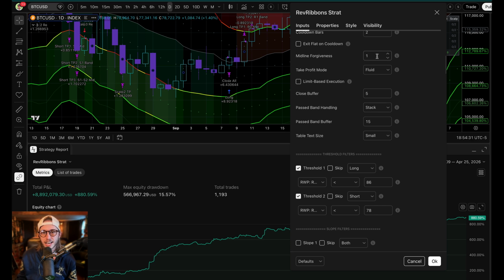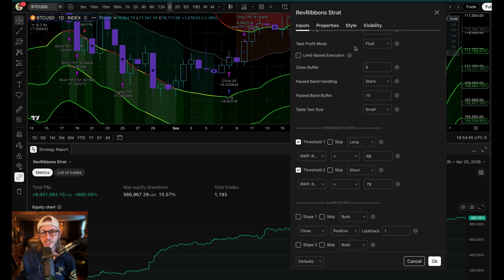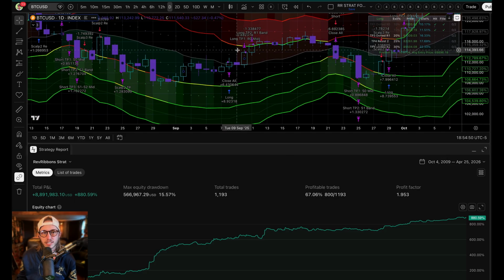And I should note this is not a price percentage, this is a bandwidth percentage, so it looks at how wide the band is and is a percentage of that. So it's based on volatility as much as anything. The next thing is fluid versus fixed. Fixed takes the actual price of the band at trade entry, so it will not change over time, whereas fluid is the actual current price of the band. Fixed in this case right here would be